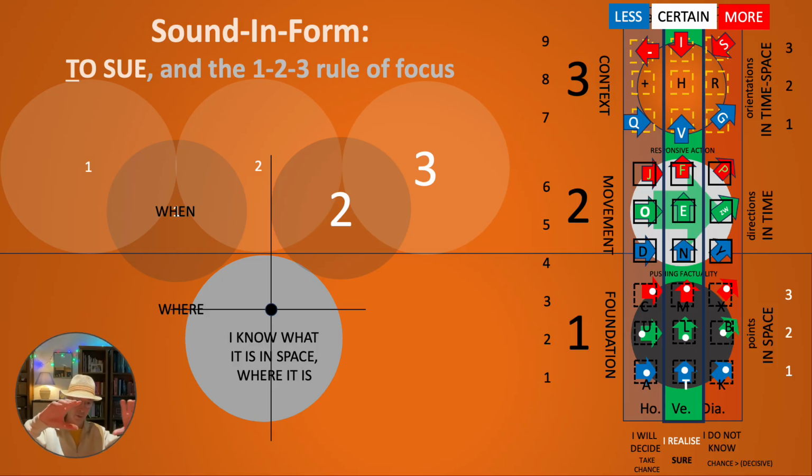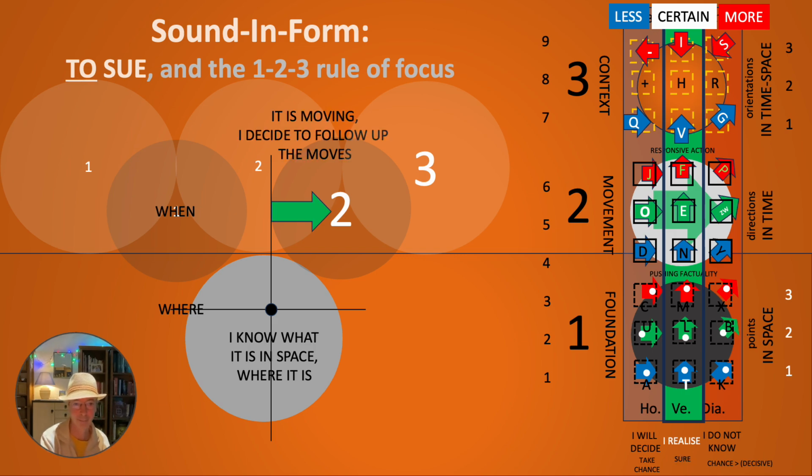Above that is the 1-2 rule, so it's not just focused into one focus, it's into the moving focus, so it's about timing, so the O will be about that timing. And I follow it up. I will follow up the timing. I will follow up where it goes to. I follow up the moves. So 2 is actually knowing where and what it is, but when it is, it's not clear yet.